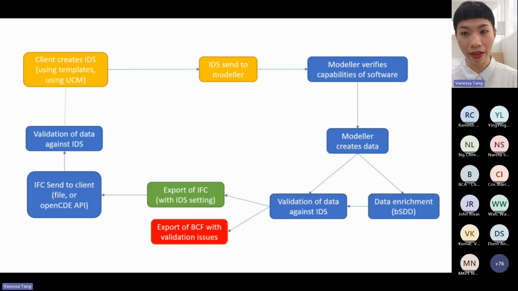Now, if everything is all good and it follows all the rules specified in the IDS, then you can export it into an IFC file, what you see in the green box. And if there are some issues, then you can export a BCF file communicating what the issues are. Thereafter, if it's all fixed, you send it back to the client, who will then validate the information that you send against the IDS. So in a nutshell, this is the workflow of how the IDS can work with the